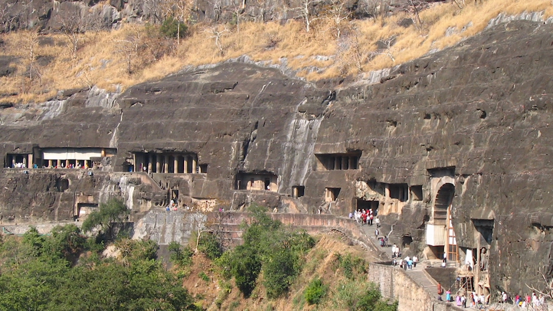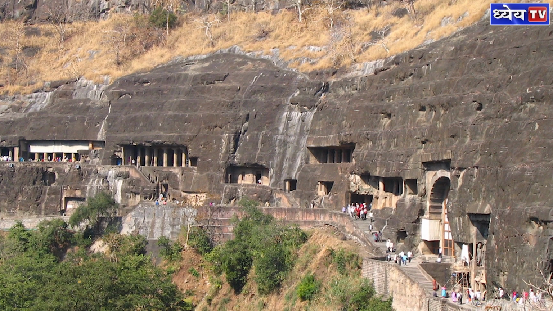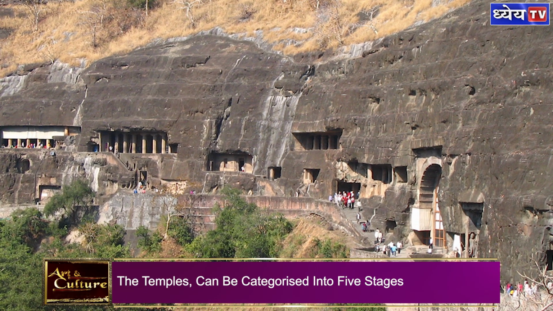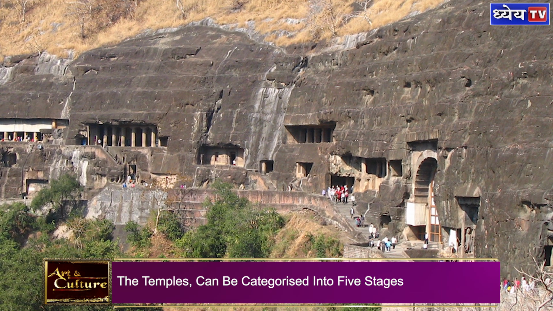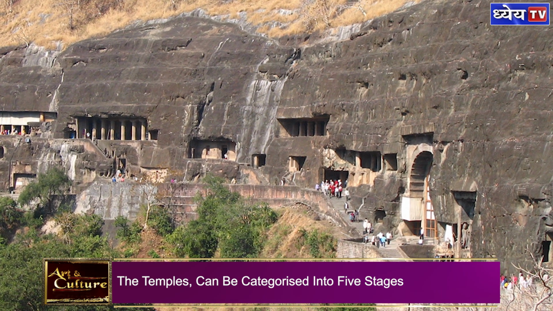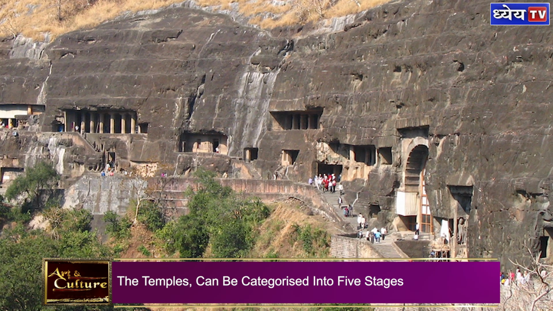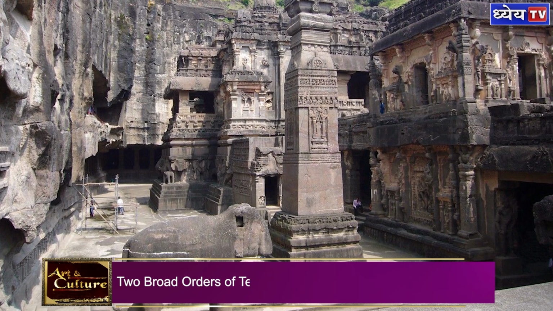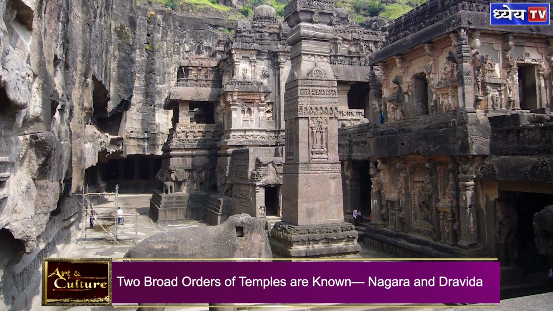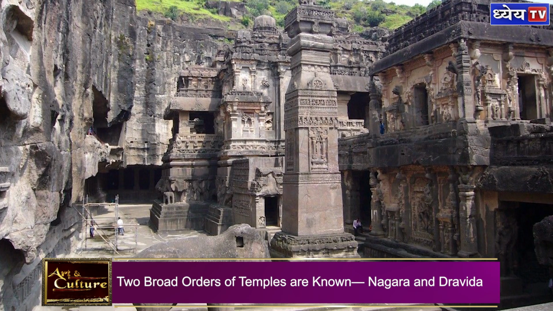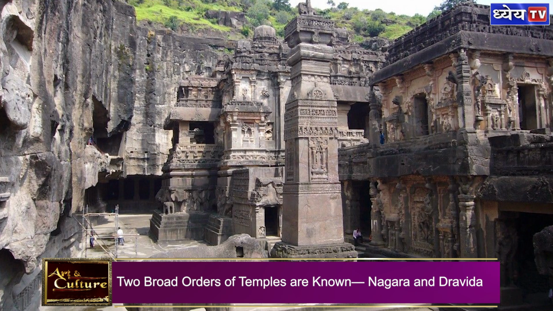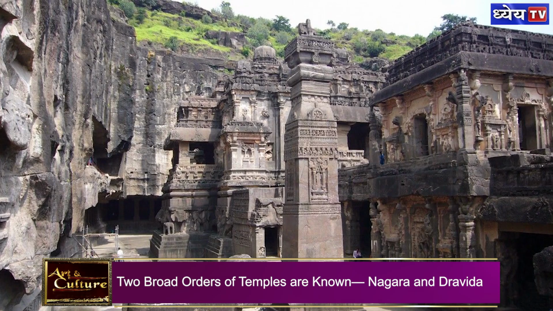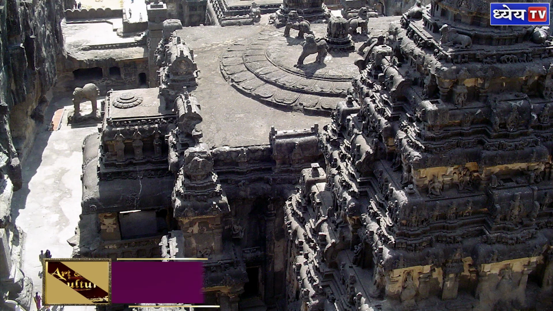In the previous edition of Art and Culture, we talked about caves and stupas of the Gupta period. In this part, we will talk about the temples and sculptures. The rock-cut architecture reached its zenith during the Gupta period. This period marks the beginning of Indian temple architecture. Manuals concerned with the process of making temples were written during this period. Most of the temples carved during this time were carved with a representation of gods.